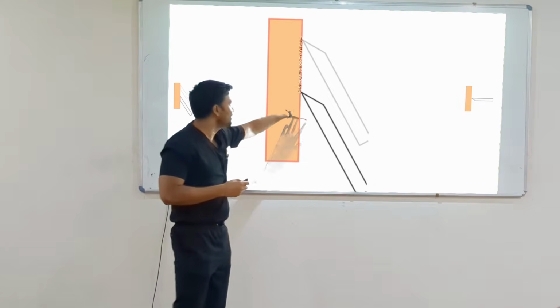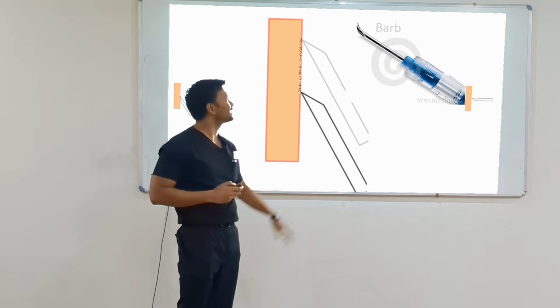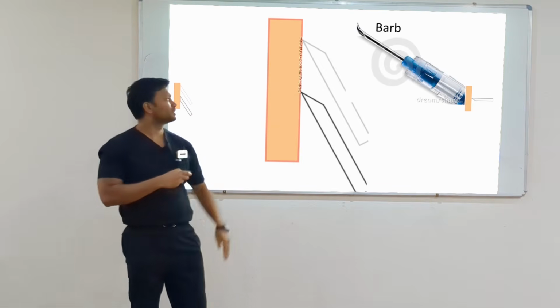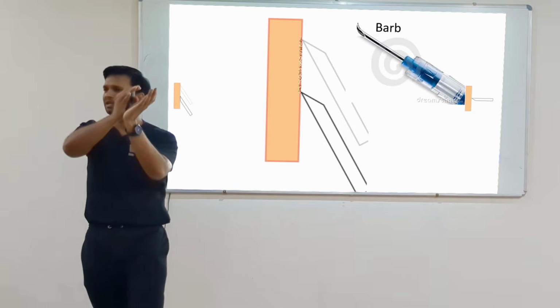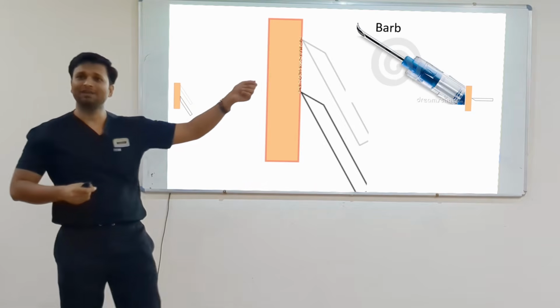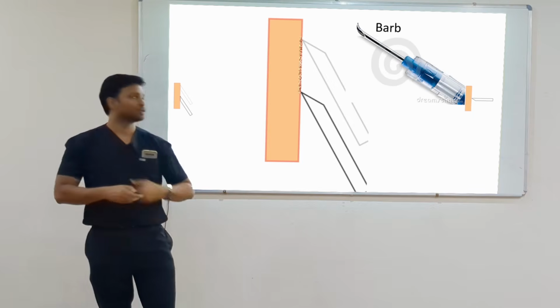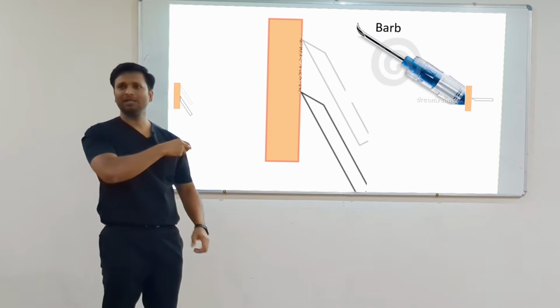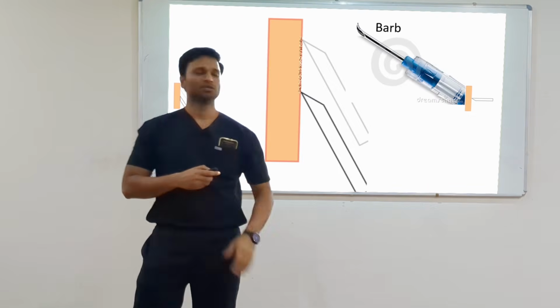Now the needle is very small, very thin, right? So because of this contact, it gets bent. Okay, so this is called a barb. So we are causing the pain and then barbing of the needle. Now ये bend हो गई है. When we try to withdraw from the soft tissue, it is going to tear the soft tissue and come out. So while inserting the needle, patient को pain हुआ, and while withdrawing the needle, the patient has pain, right? So try to keep the bevel